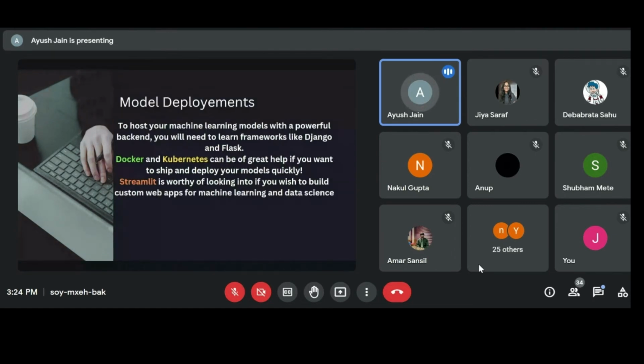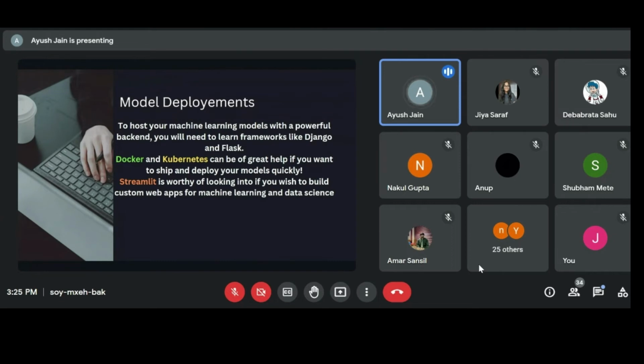Now comes the part of model deployment. What is model deployment? Basically, you have made a machine learning algorithm, applied it, and predicted the accuracy. Now what will we do with the accuracy? There is no use in gaining the accuracy and just sitting like that. The project you made, you need to deploy on some cloud platform so that other users can also use your project